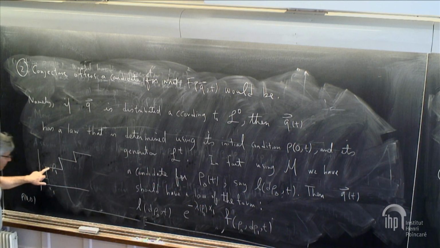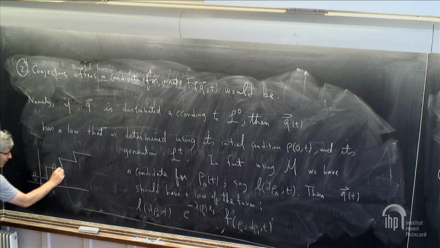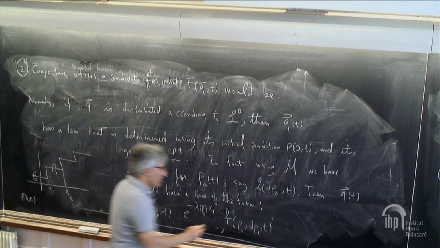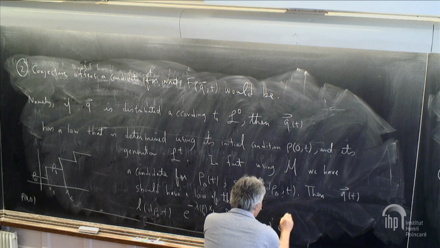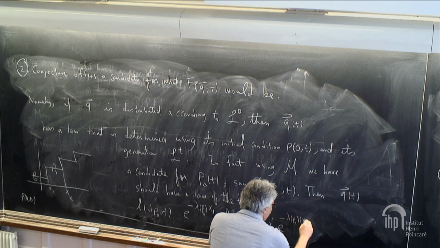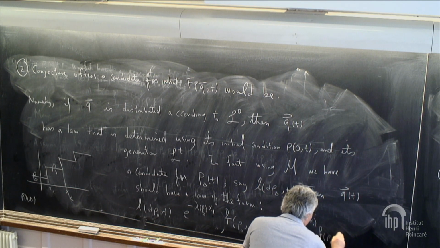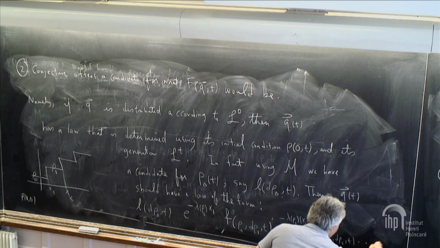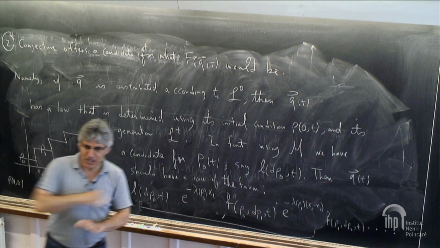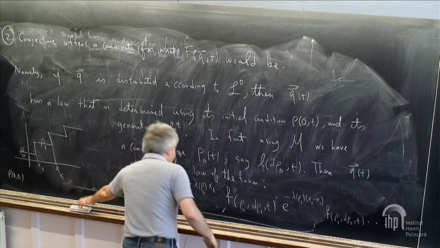That would take you here. While you are here, you wait for x2 minus x1 to make a new jump. So that would suggest another factor of the form minus lambda rho 1, x2 minus x1. Then you make a jump from rho 1 to rho 2, and so on and so forth. So you have a candidate for what the law of the sequence would be, where here,